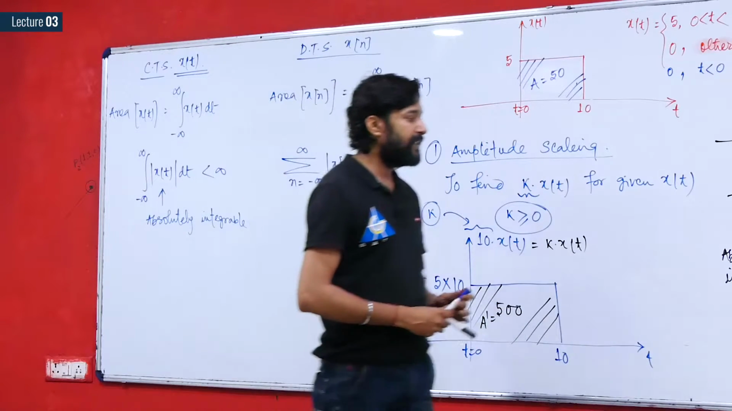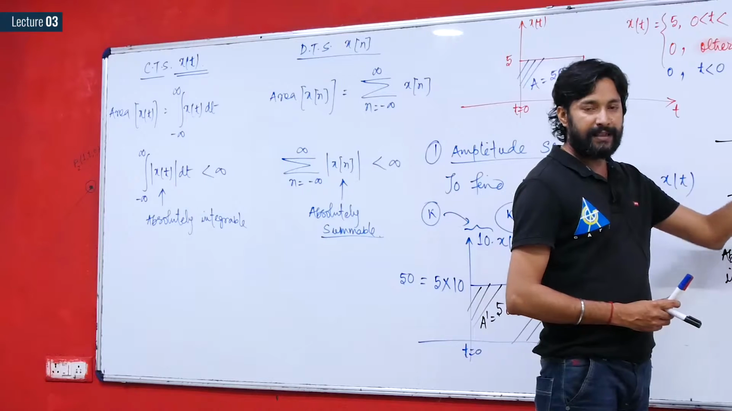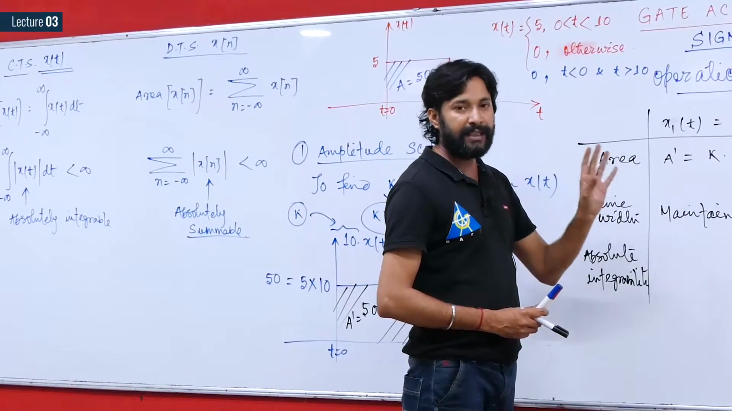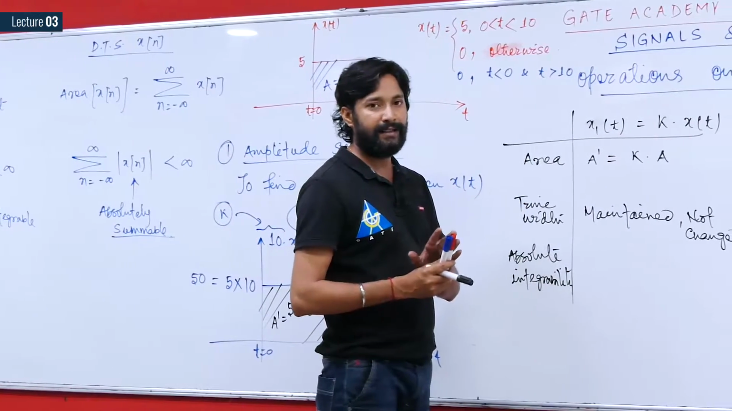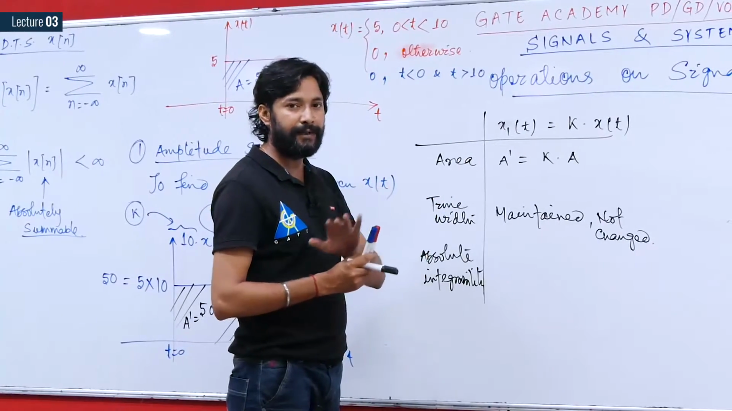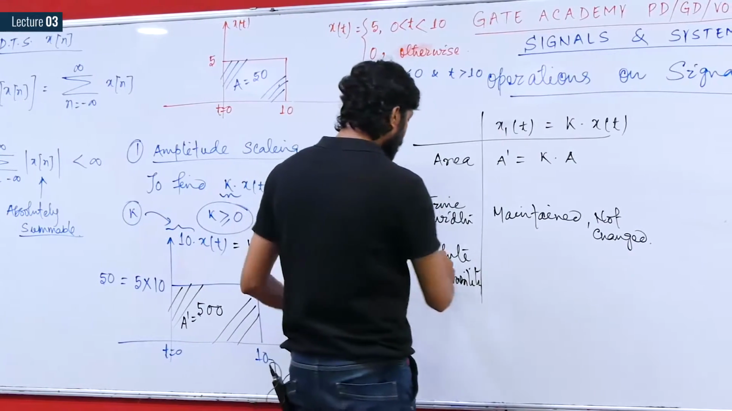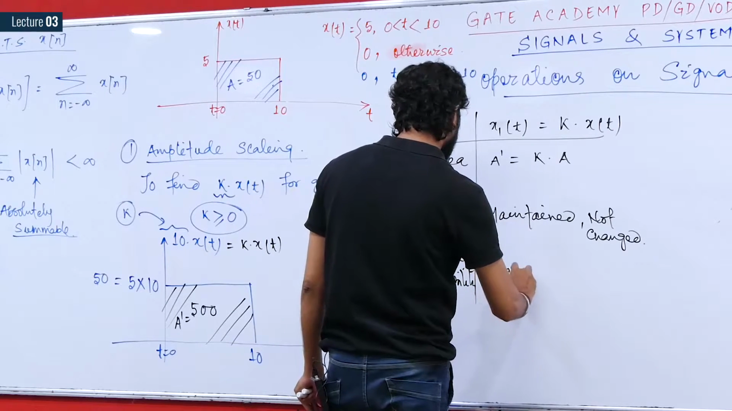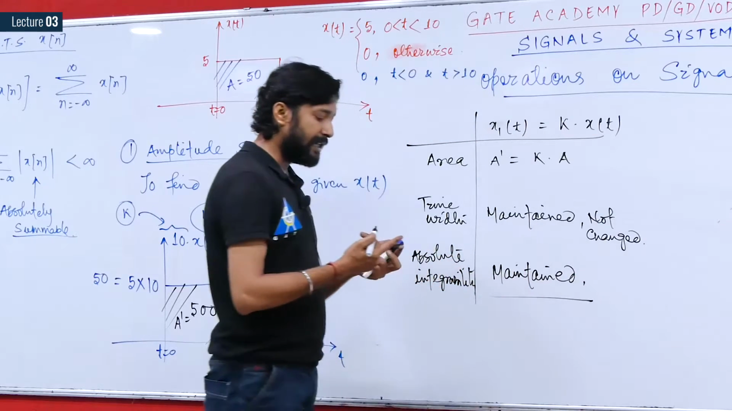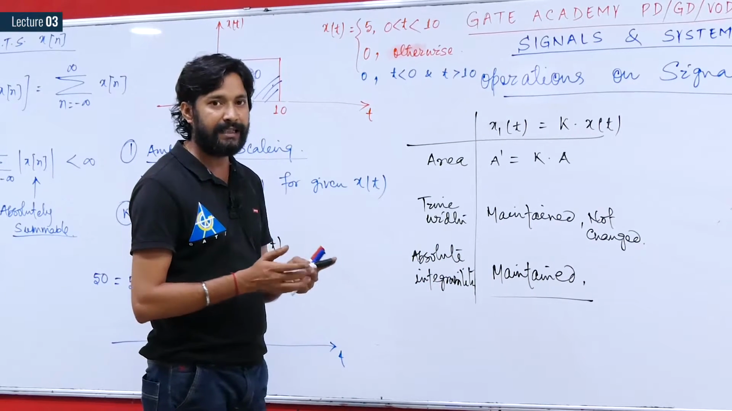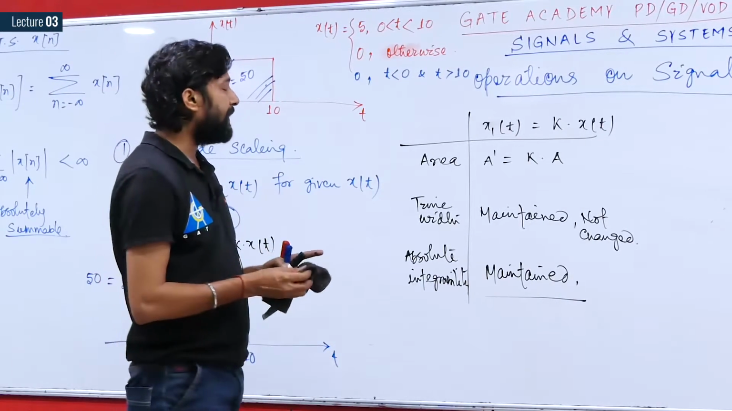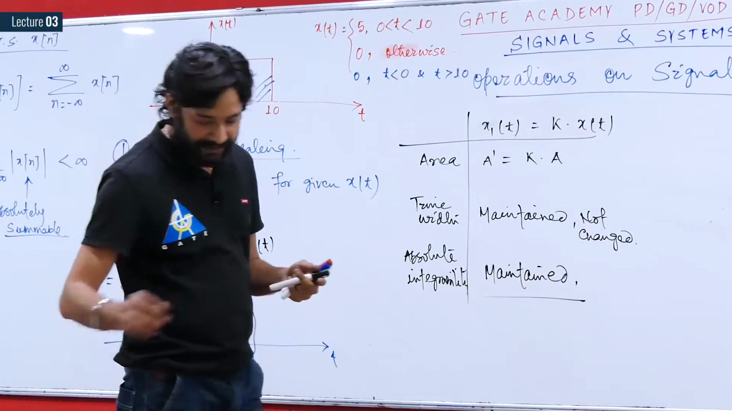Therefore, you can say that if the signal x of t was absolutely integrable, then by performing amplitude scaling, the absolute integrability property will be maintained. That is, earlier if it was absolutely integrable, then after amplitude scaling again it will be absolutely integrable only. Therefore, again you can see right here, it will also be maintained. If the signal was earlier absolutely integrable, then after amplitude scaling again the signal is going to be absolutely integrable only. So now if you see the effect of the same operation on a discrete time signal,